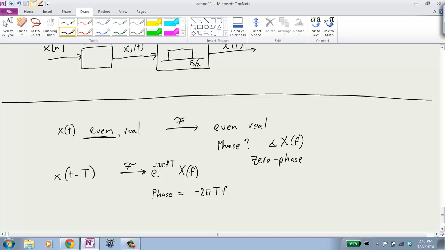I'll change that order so it looks like a linear function. It's a linear function of f. Okay, this is referred to as linear phase. So this will be interesting in filter design. We'll just barely talk about it a little bit in a few weeks, but also it's